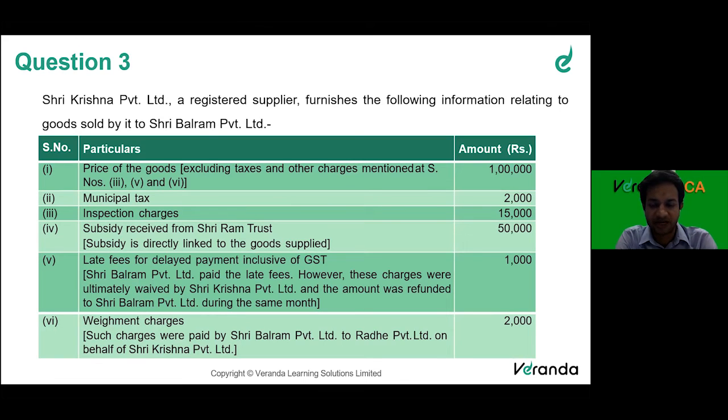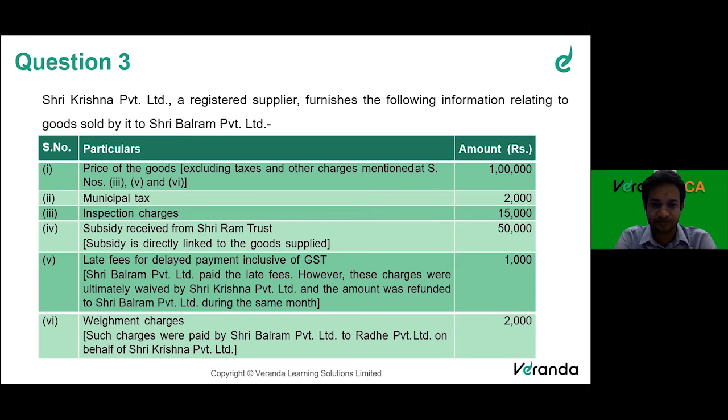Serial number 2, municipal tax 2,000 rupees. Then inspection charges 15,000. Then subsidy received from Shri Ram Trust, subsidies directly linked to the goods supplied, 50,000. Late fees for delayed payment inclusive of GST 1,000. Bracket says Shri Balram Private Limited